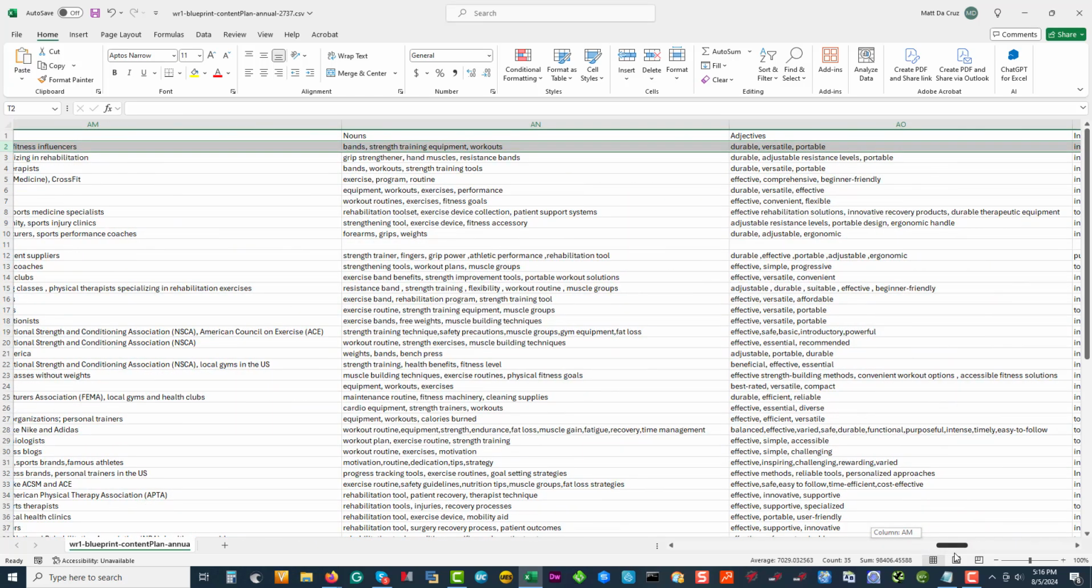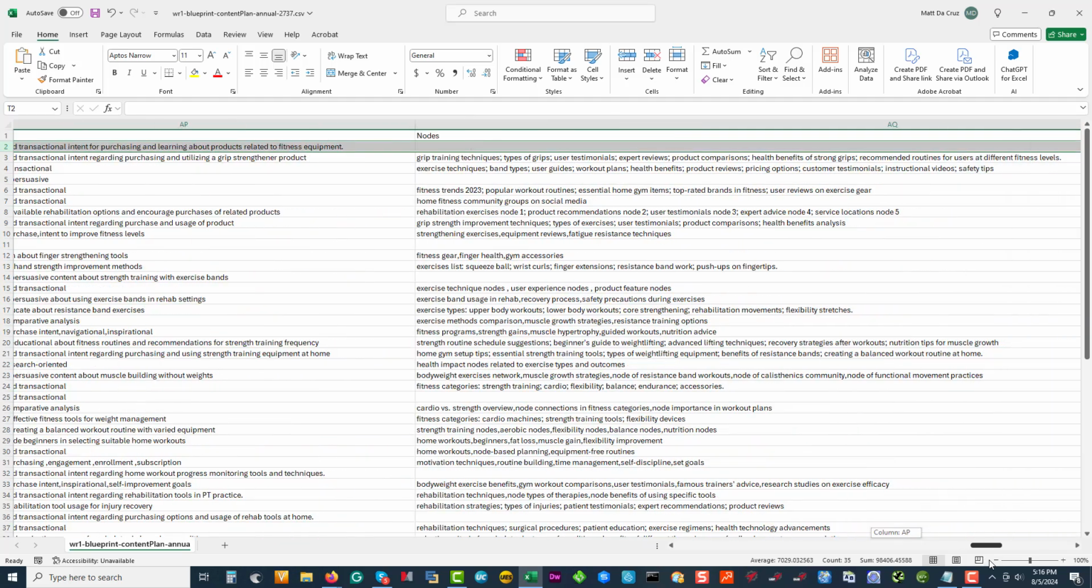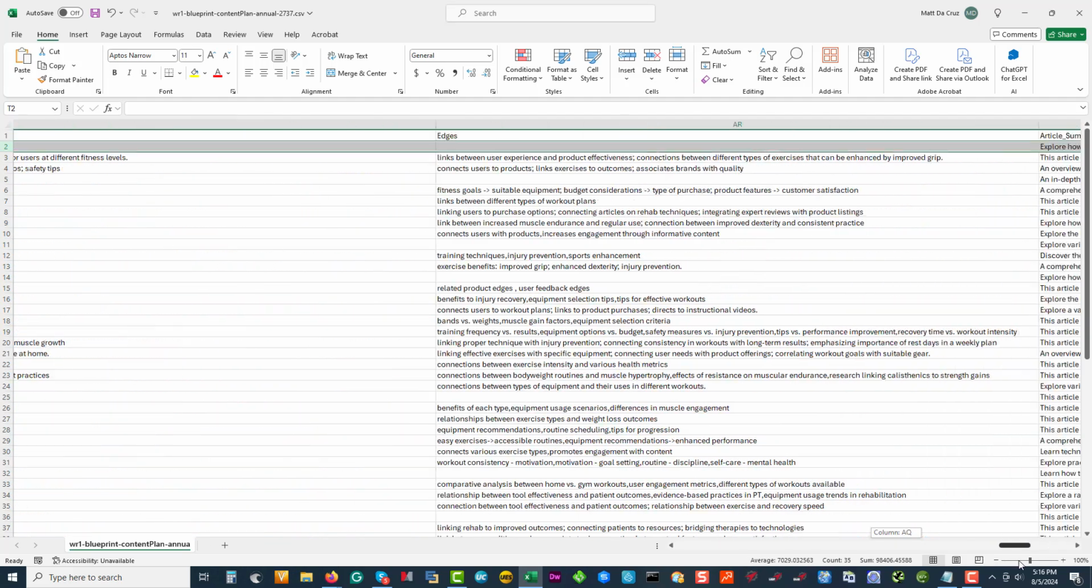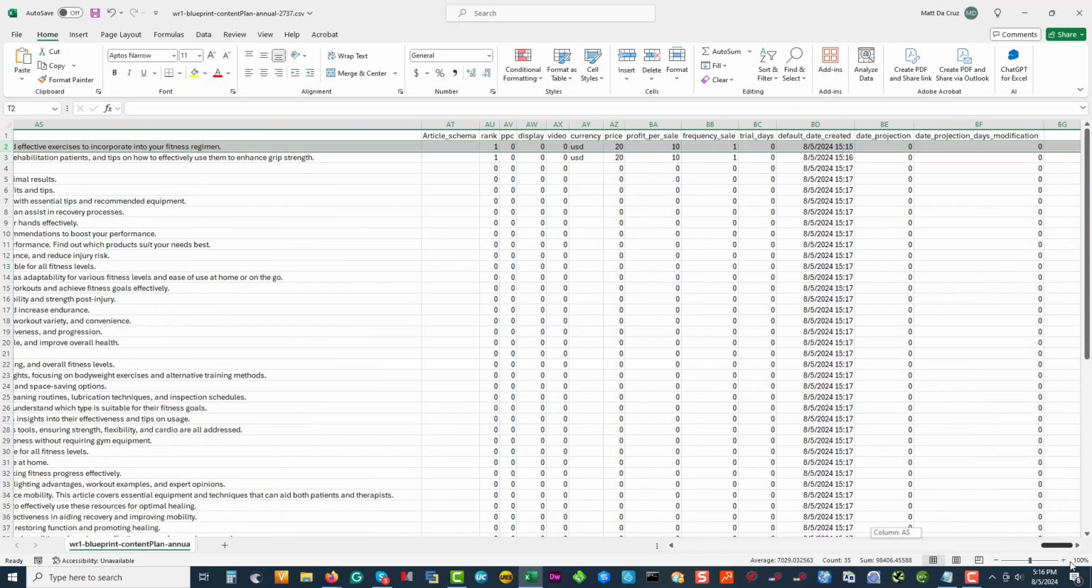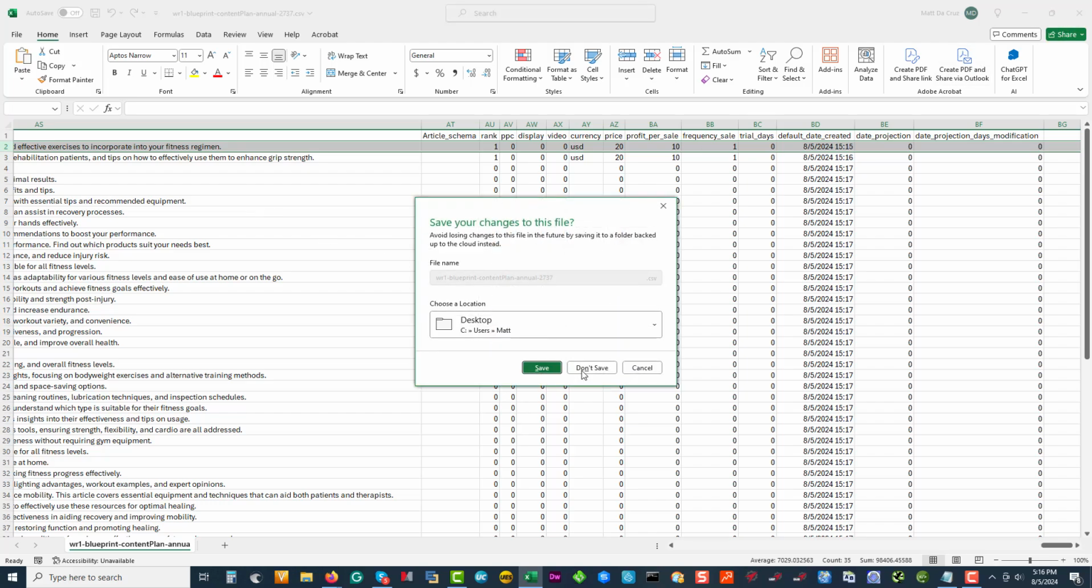Okay, so you have nouns, adjectives, intents, nodes, edges, the summary, and then obviously you can decide what you're going to do with this other information at the end. But basically, with the exports now and ChatGPT for Excel, we can take this and create all kinds of content. So, to make a long story short,